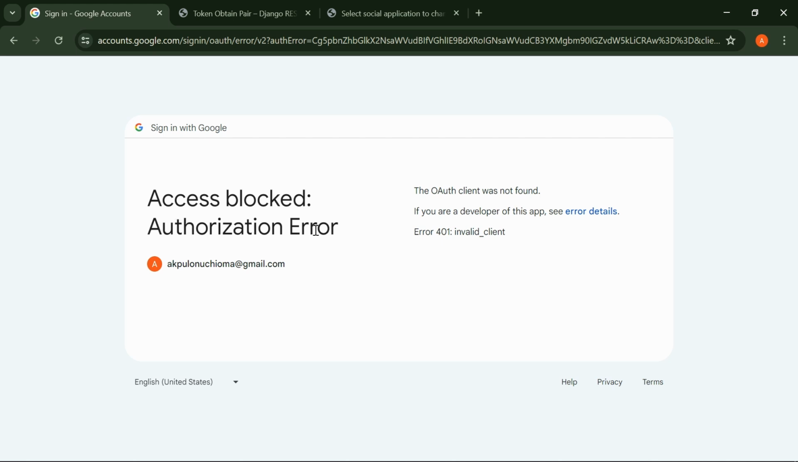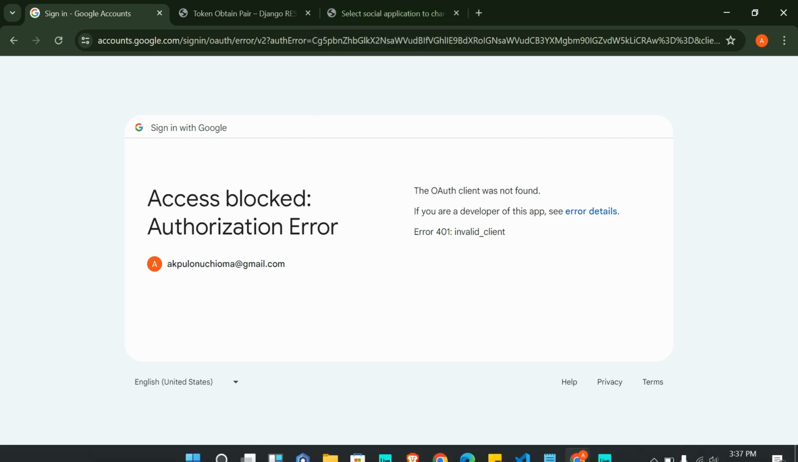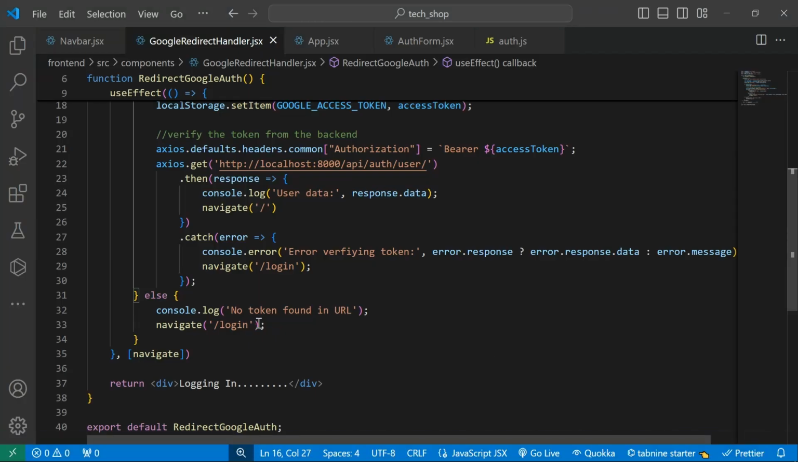Okay, access blocked, authorization failed. The auth client was not found. If you're a developer of this app, see error details, error 401 invalid client. Okay, probably because my client details are wrong, but let's cross check and see in our, okay, I don't know,